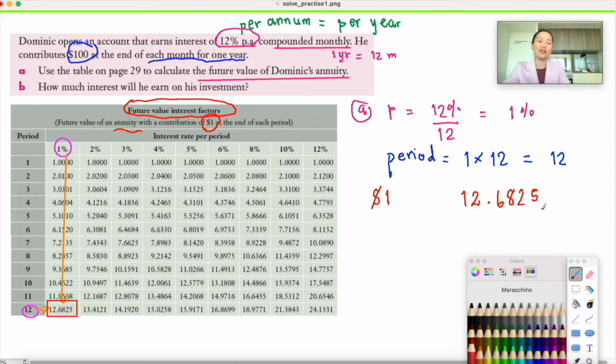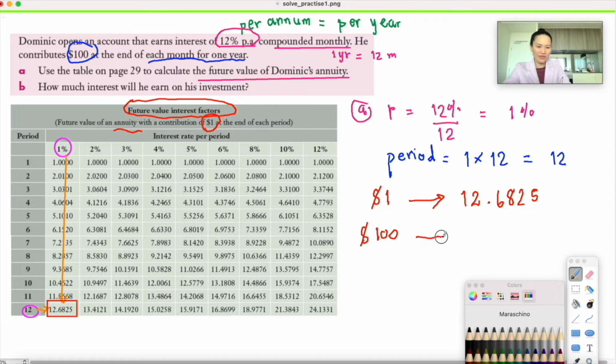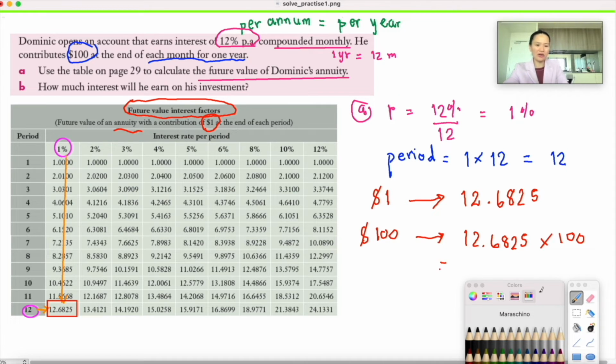0.6825, but you do not contribute just $1, yes? You contribute $100. So what does it mean? It means that you need to multiply by 100. 12.6825 times 100 equals